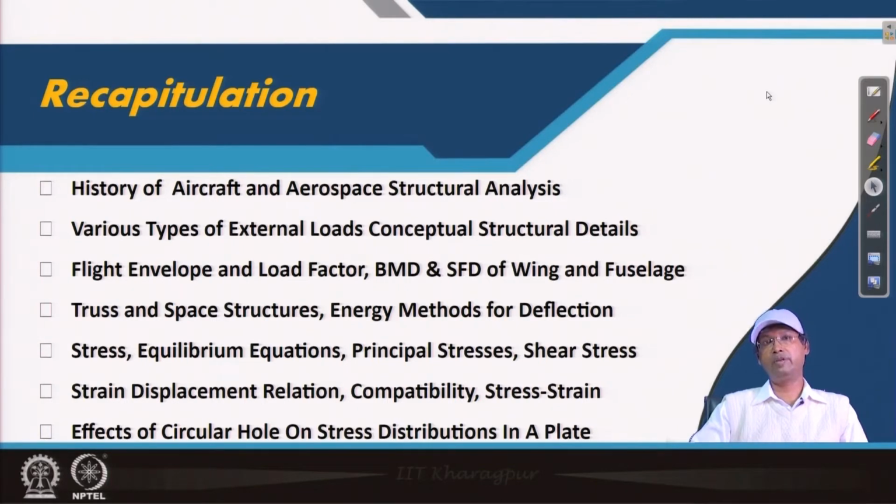We have seen the bending moment shear force diagram of whole aircraft divided in two parts in orthogonal direction, that is fuselage and wing, and then shear force bending moment we have done. We have done three dimensional truss, solved problem of landing gear,